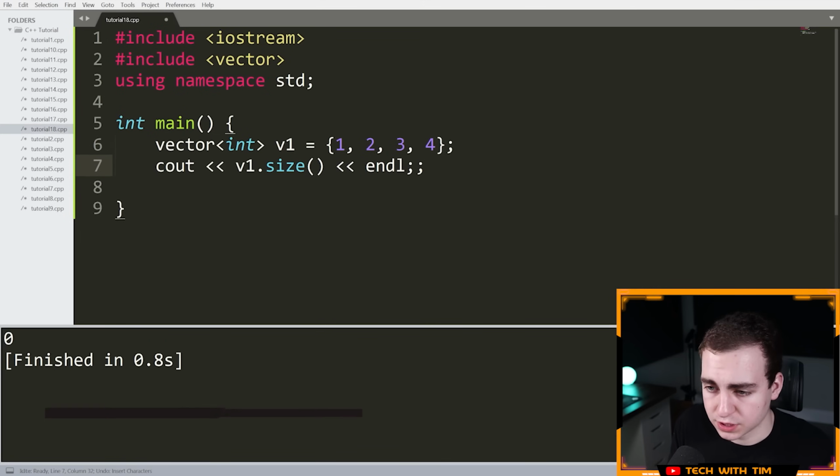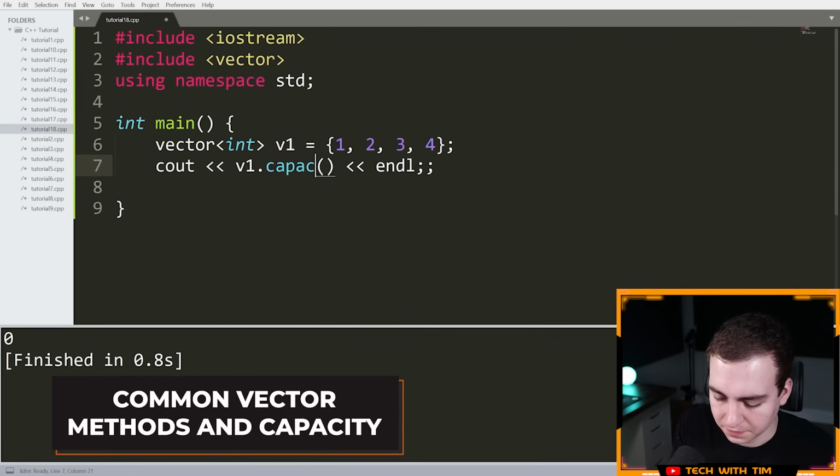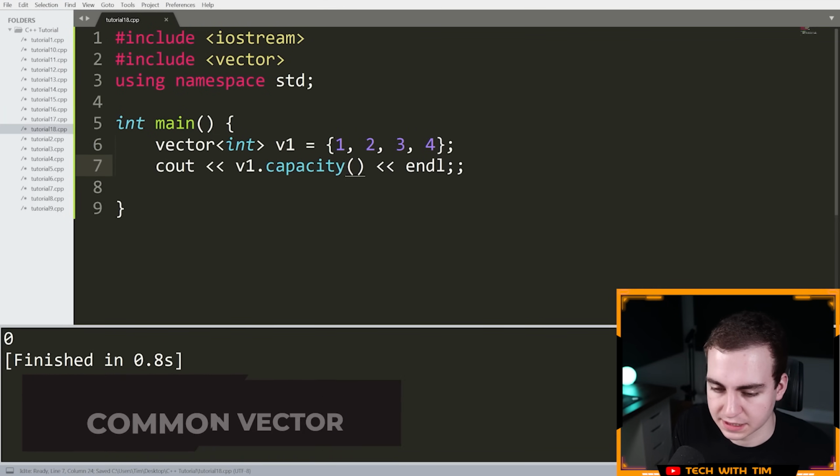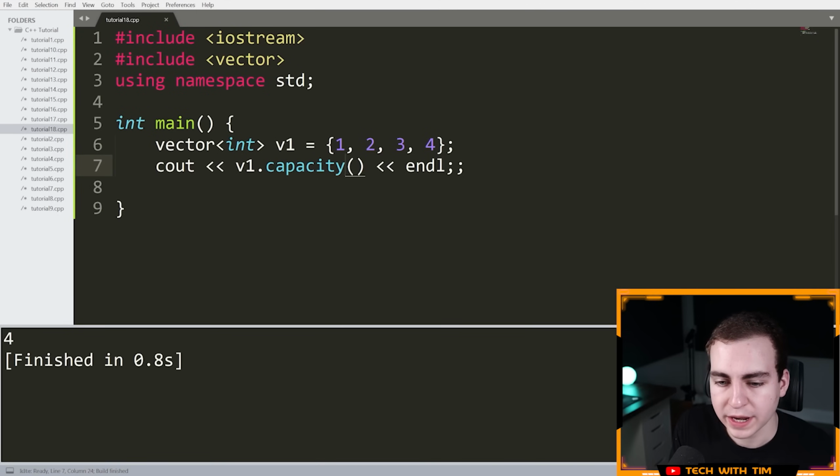I can also look at what's known as the capacity of the vector. Now this one, I'm going to do some kind of fancy examples to show you how this changes. Right now, the capacity of this vector is 4. But if I decide to add some elements to this vector, which I will show you how to do, you'll notice this capacity is not necessarily going to be the same as the size of the vector. So the capacity is how many elements it can currently hold, and the size is the number of elements it's